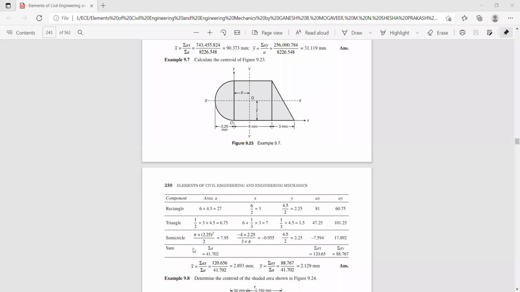Now the semicircle, you calculate the area, and here this has to be deducted. That's why it carries a minus sign. You can see here you have to calculate the value of x1. So x1 is nothing but